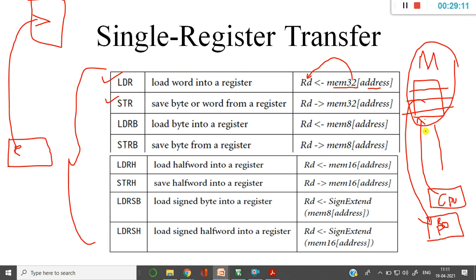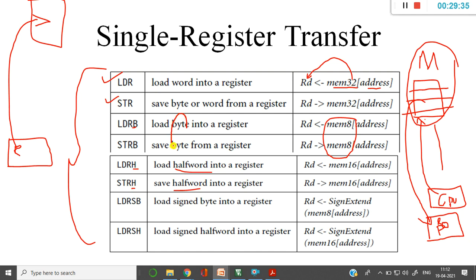LDRB, STRB, where B stands for byte, so here we are trying to access only 8 bits of data. Okay, sorry, 8 bits of data, not a half word. Now LDRH and STRH, again with respect to half word.